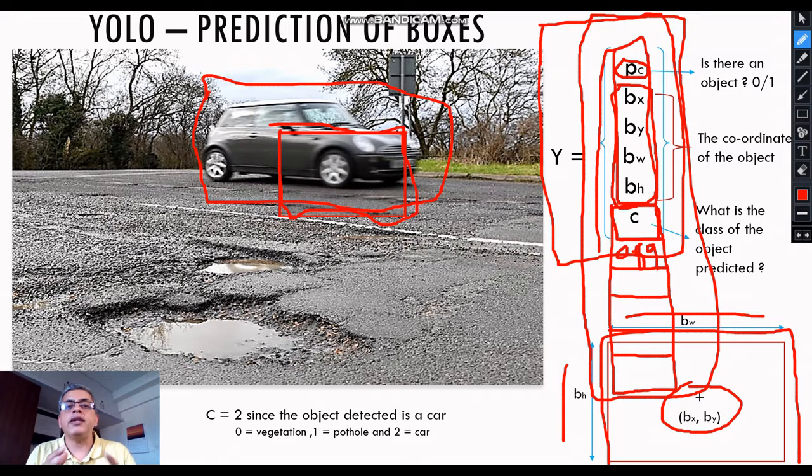YOLO in its standard form, you get pre-trained models of YOLO 5, etc. All these pre-trained models come with a standard set of objects which they can detect, and that is what it will predict with a standard implementation. But in our case, we have a very custom object which we want to detect, which is potholes. So obviously pothole is not in that standard implementation. Things like your car and your sign boxes are there as part of your